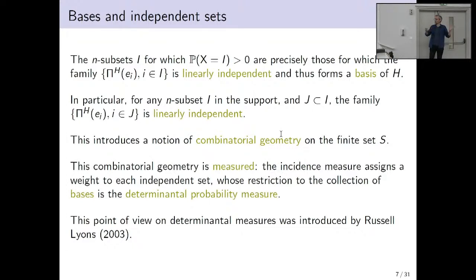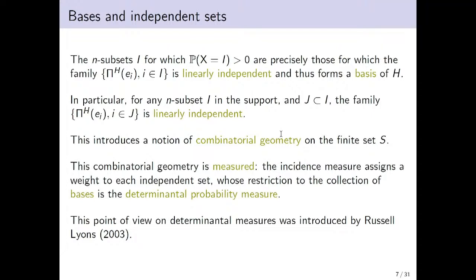And so now you see that it defines a new notion of linear independence on the family of vectors. It's very simple, but you started with some vectors. You project them on a subspace H. And now you say, in the initial family, I'm going to say that a certain family is linearly dependent if it's linearly dependent in its image in H. So there's nothing very complicated in that, but it turns out that it's interesting to think about this as a new notion of linear independence on the subset S.